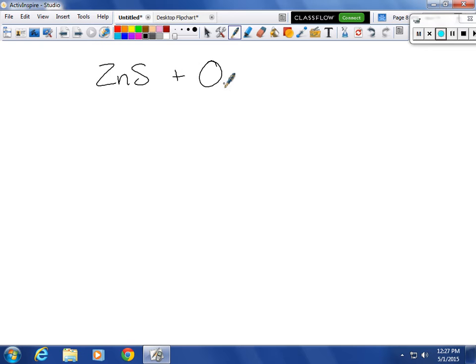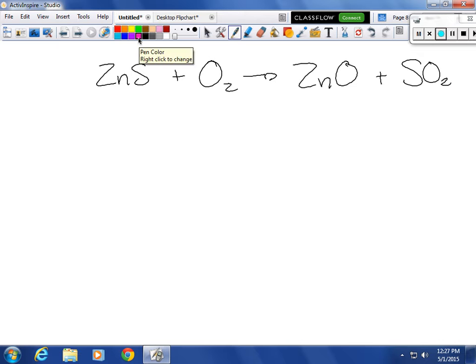ZnS plus O2 yields ZnO plus SO2. Here's what they figured out: the oxygen on both sides kind of messed it all up. So here's what you've got to do. You've got to put a 2 in front of both of these, which gives me how many total oxygens on